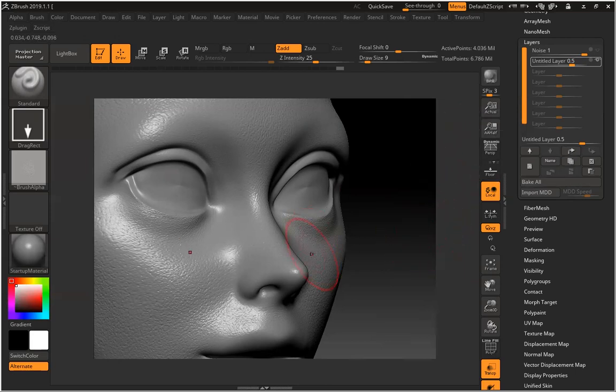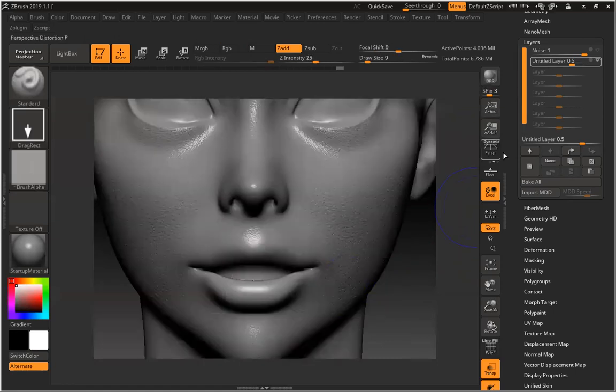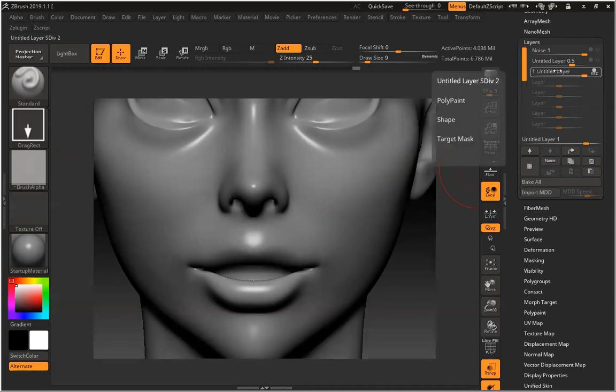Now, after doing this, suppose I want to add some detail, as my character's lips are really flat. So I can switch this off and create one more layer for lips. You can see I'm switching off everything, and each and everything I add goes into a separate layer. The reason is, if I keep them on, those details also get recorded in this particular layer. So it will basically increase the intensity, and plus if I smooth something here, it will smooth that base layer as well. That is something I cannot do. So I need to create all the details in a separate layer.